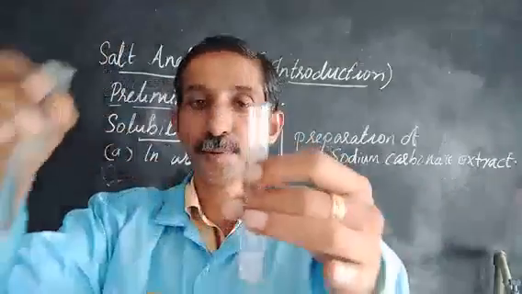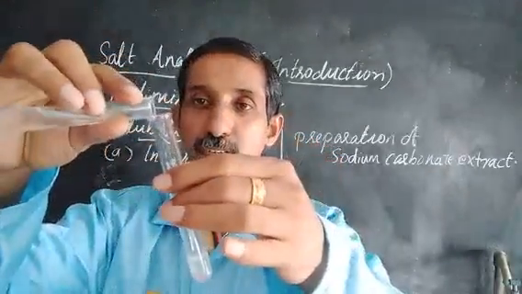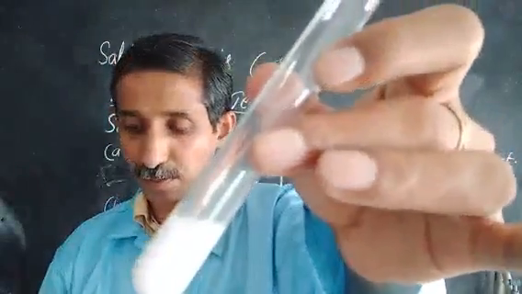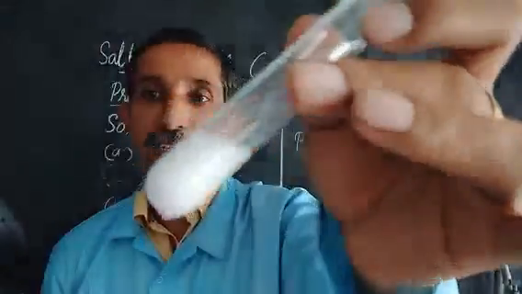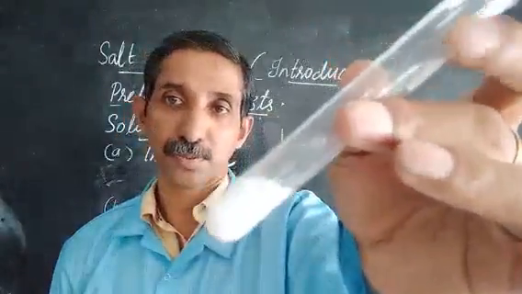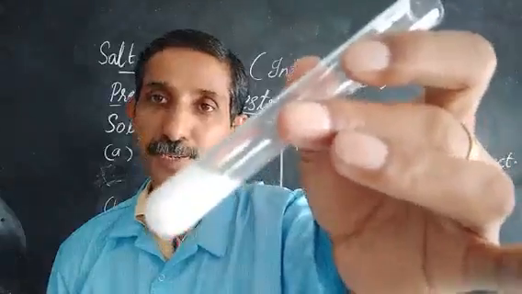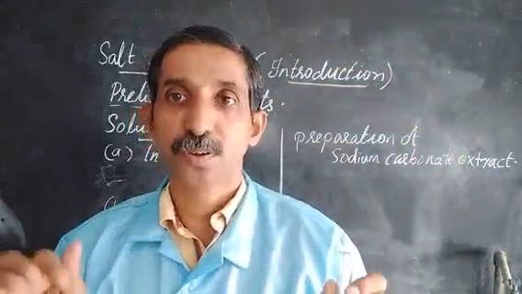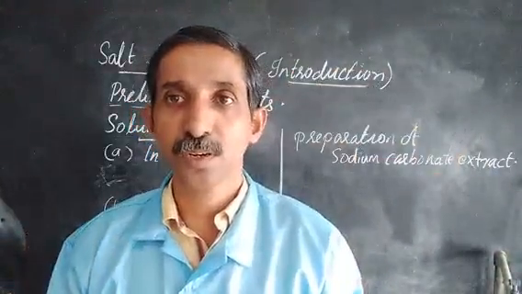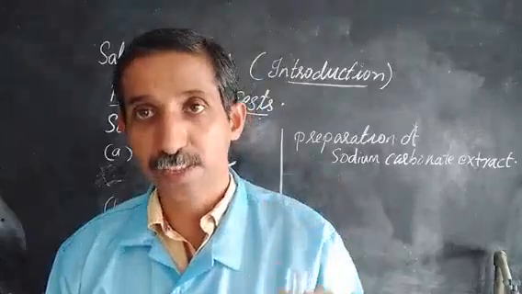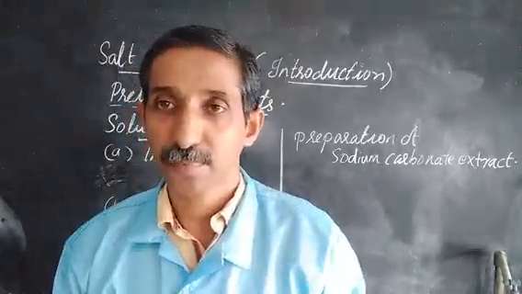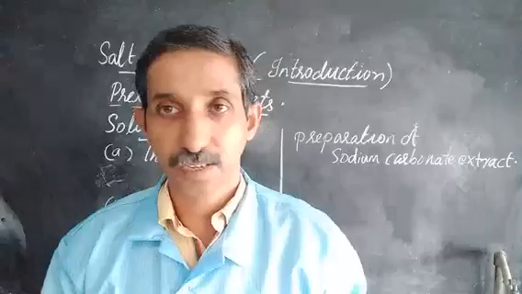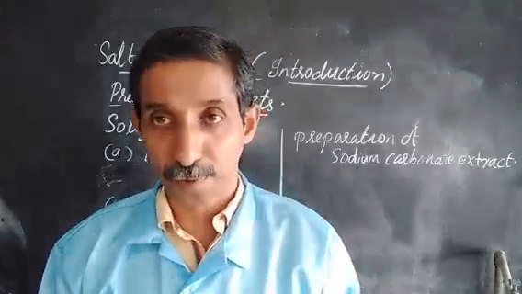Now this sodium carbonate is to be added into the salt solution, and now it is clearly visible that something white is visible to you. That means it's a formation of a precipitate, and the given salt is not of ammonium. So always make sure whether the given salt is ammonium by this very first or second test itself. Now there is no chance of ammonium ion, you can proceed for the other cations. So this is the preliminary part of it.